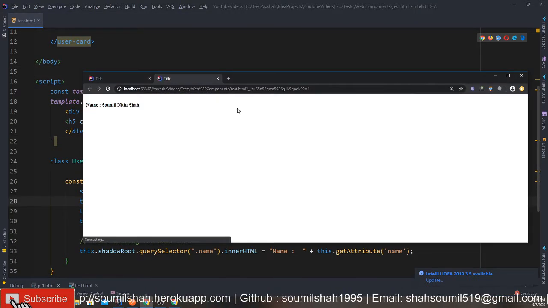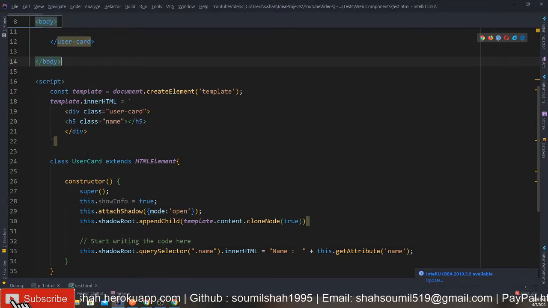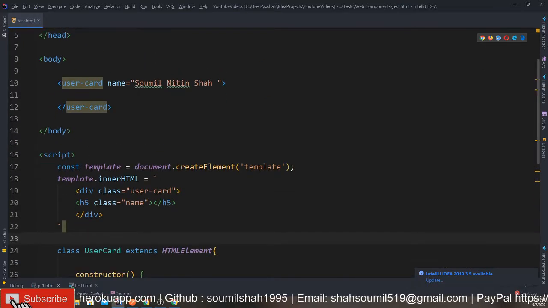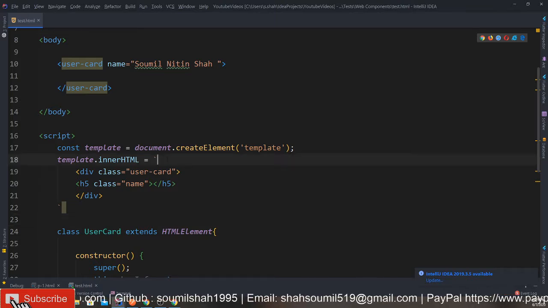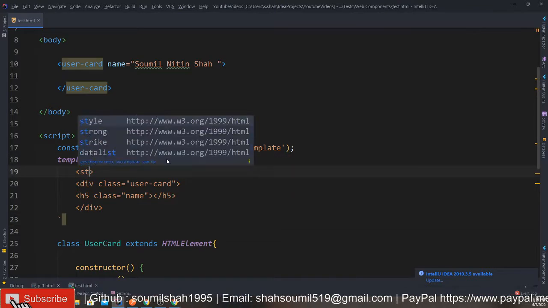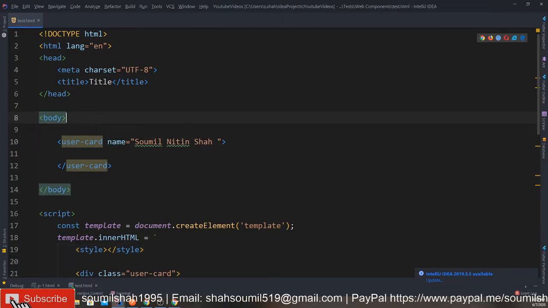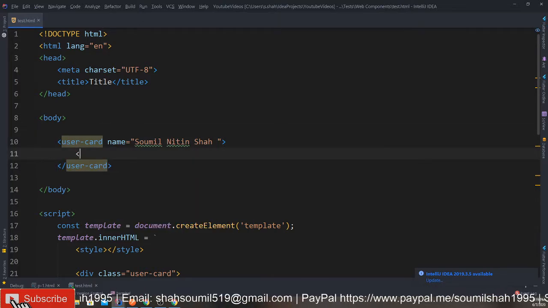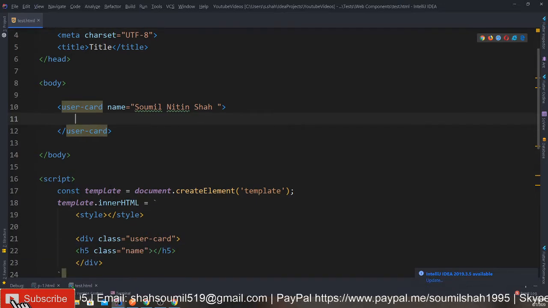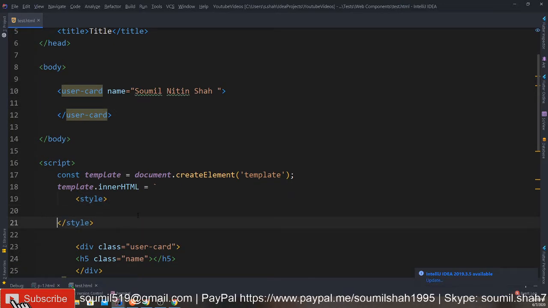So let me see. So hey guys, congratulations! You just made your very own first web component. Wow, amazing! I want to show you a couple of things here. What you can do is, for each DOM element, if you want to give a custom, unique CSS to this only, you can type your style. Now you might say, oh Somil, what if I say something like user card, and like h5 here and then I give a CSS, will that be affected? If you want to give CSS to only your custom web components, you can define it here itself. So let me show you a demo of it.